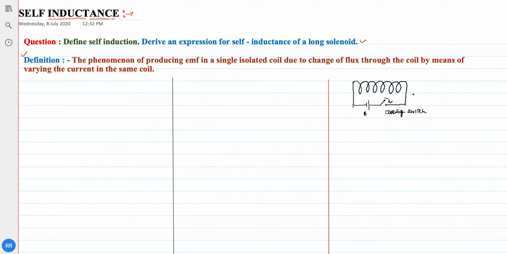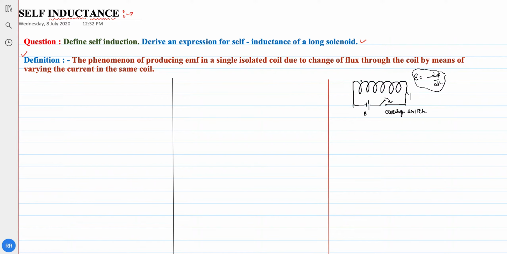So when you switch on the battery, what will happen then? Current will pass through the coil. So when current passes through the coil, the flux will change in the same coil, and then induced EMF is produced. With the change in flux, the induced EMF is produced, as you have done, that EMF is equal to minus d phi upon dt. So it is what you have studied.